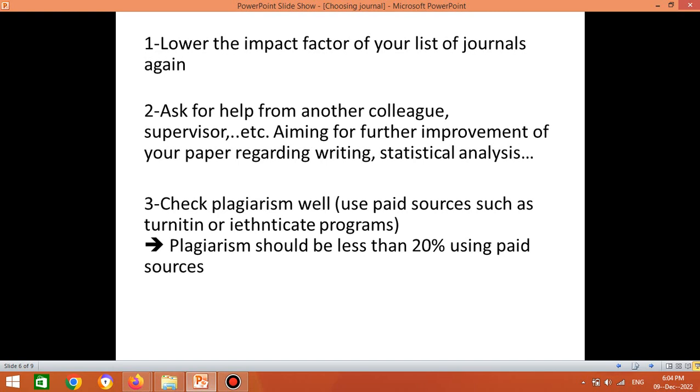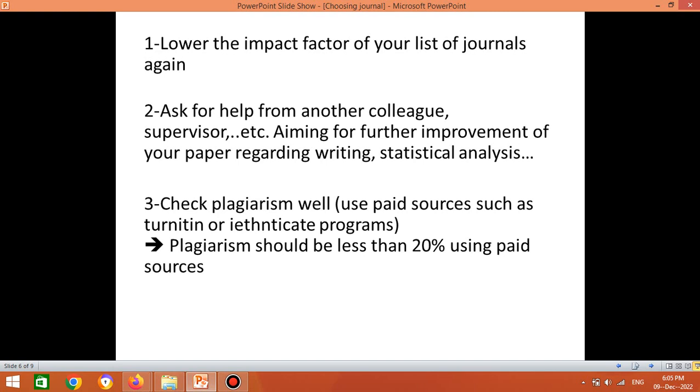You have to ask for help from another colleague or supervisor, aiming for further improvement of your paper regarding writing and statistical analysis. You may have major problems in your paper; however, your eye is not attracted to them. Accordingly, you have to ask for help from an experienced researcher